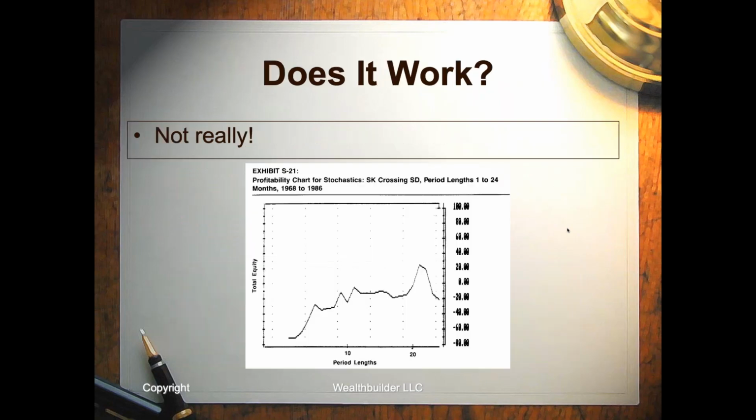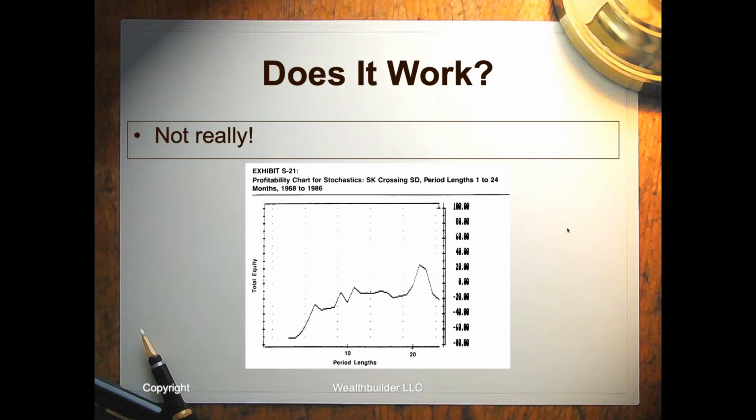So here is actually a study done of percent K crossing percent D with period lengths of 1 to 24. And you can see that there's a zero line across the middle of the chart, and except for stochastic periods of about 21, all the rest of the crossovers were money losers. And of course, nobody uses a 21